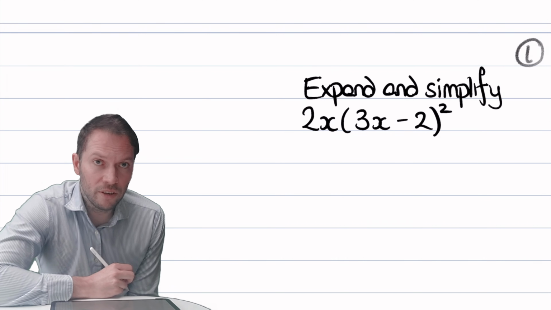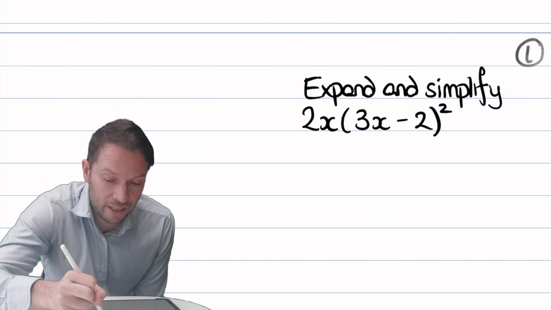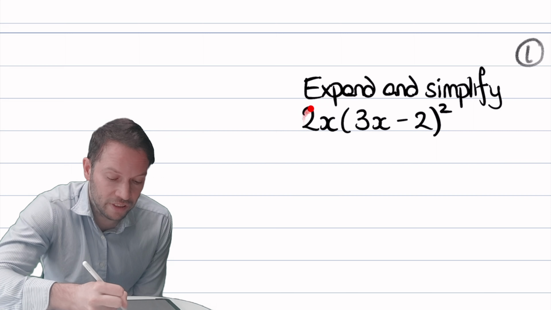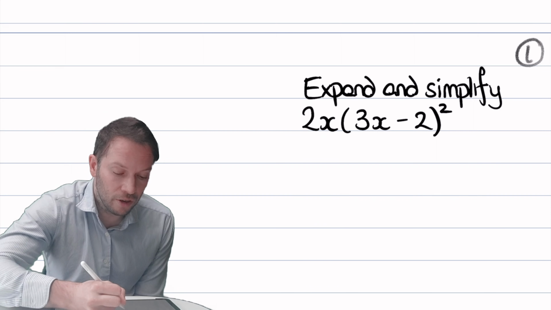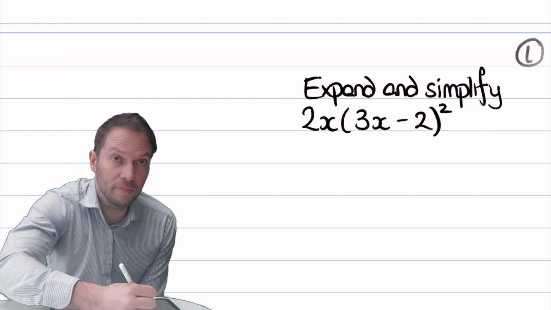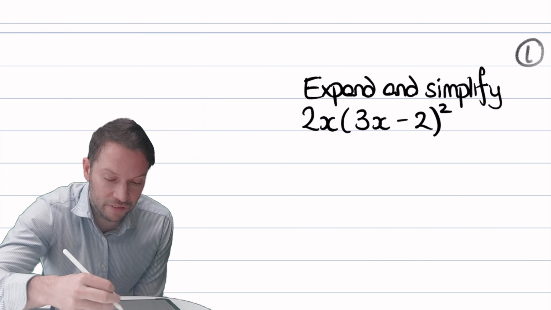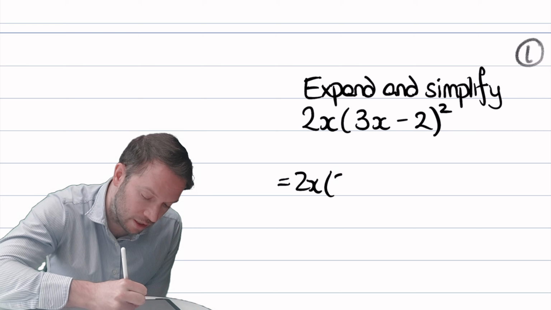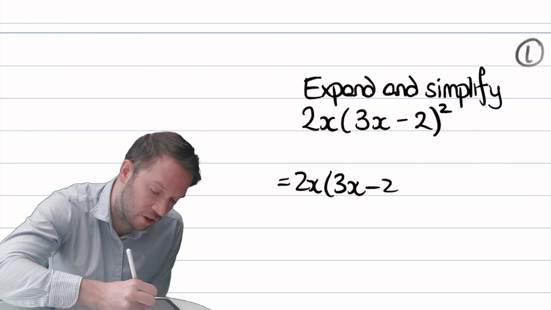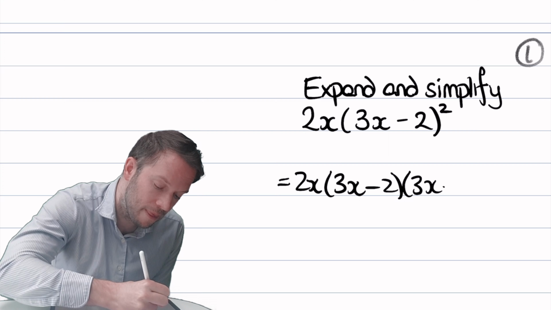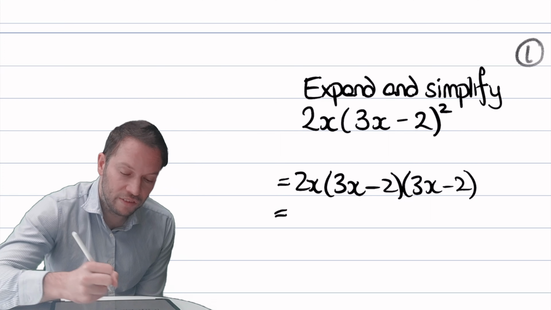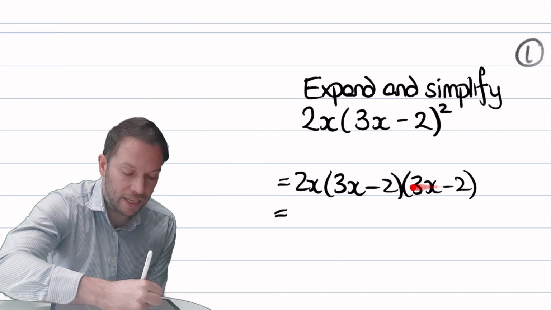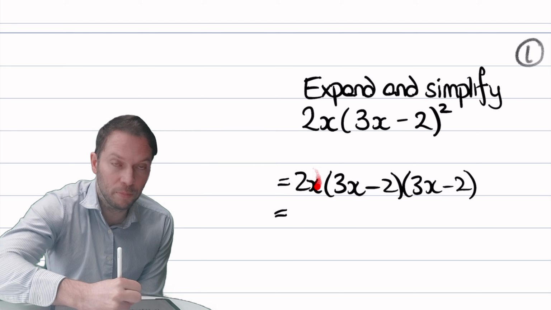Hi, in this video we're going to expand out two brackets where we're then timesing it by something on the front as well. So remember, anything that's squared just means that thing times by itself. So we could write this out as 2x times by 3x minus 2 times by 3x minus 2 again. And then what I suggest doing is expanding out these brackets first, and then we'll multiply it by the 2x